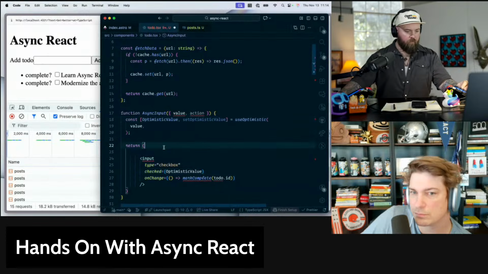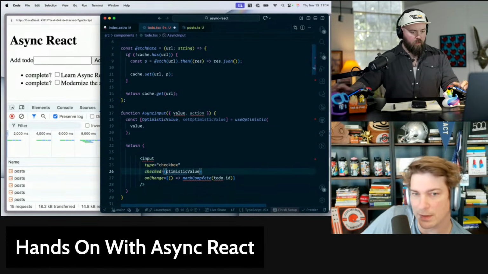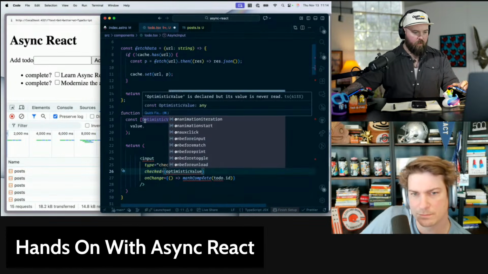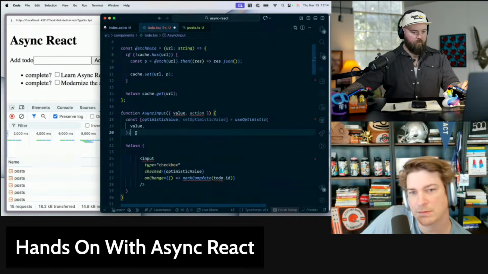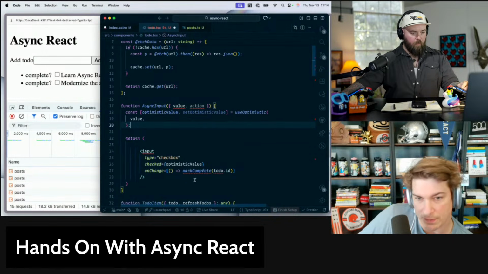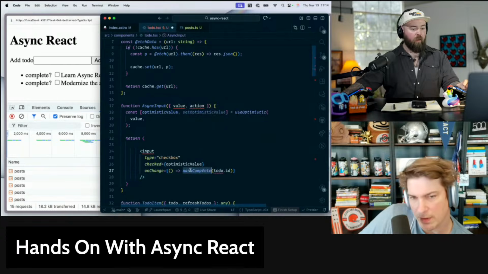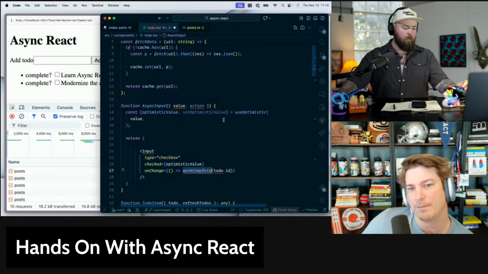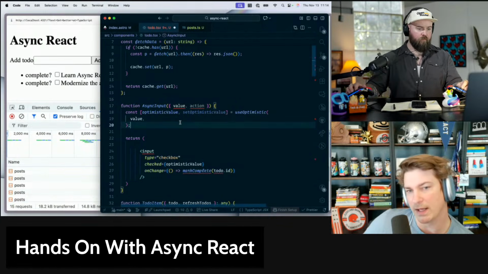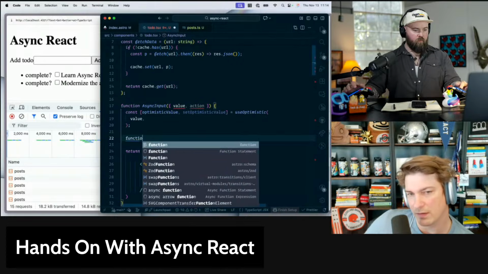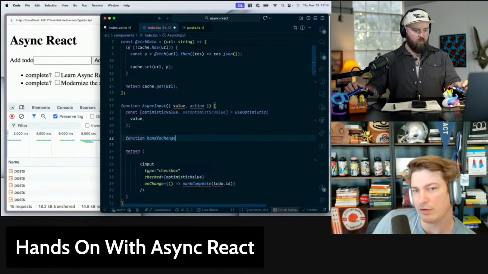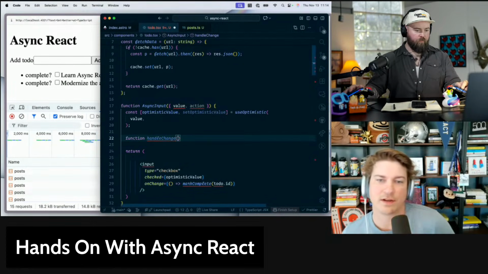Right, and then this is our action now? Not yet. So let's create a function in render, and let's just call that handle change, because it's an event handler.